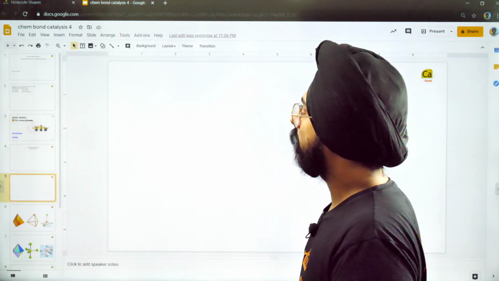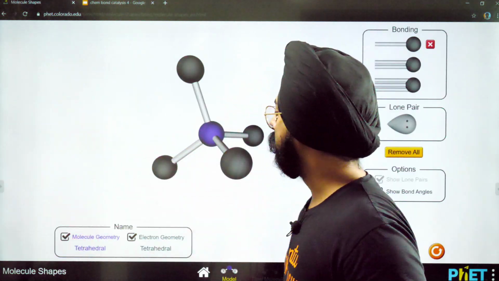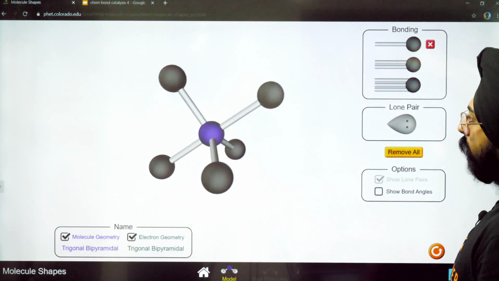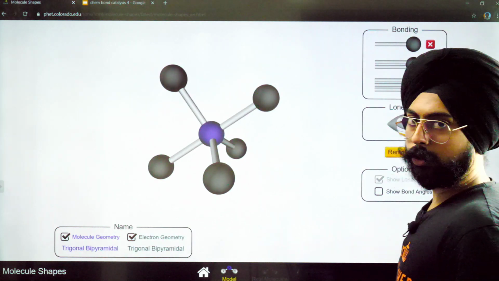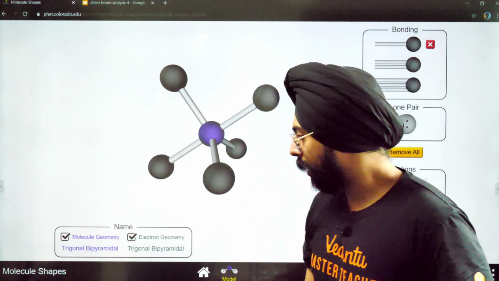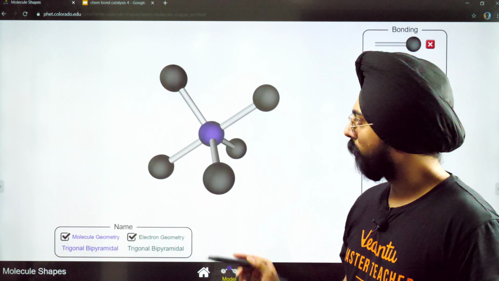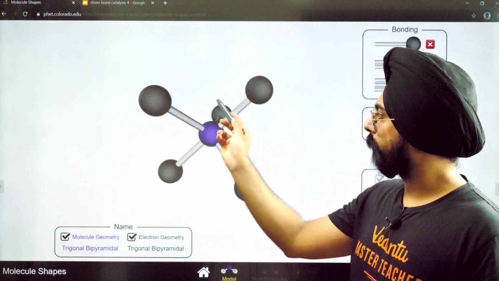Again in 3D you have to keep it so that you minimize the repulsions. Let me show you. The structure over here is very interesting. काफी अच्छी properties हैं इस structure की. So please make sure you pay some attention. Let's add one more bond pair. This particular species is known as a trigonal bipyramidal geometry. पहले देख लो कैसा दिखता है ये.